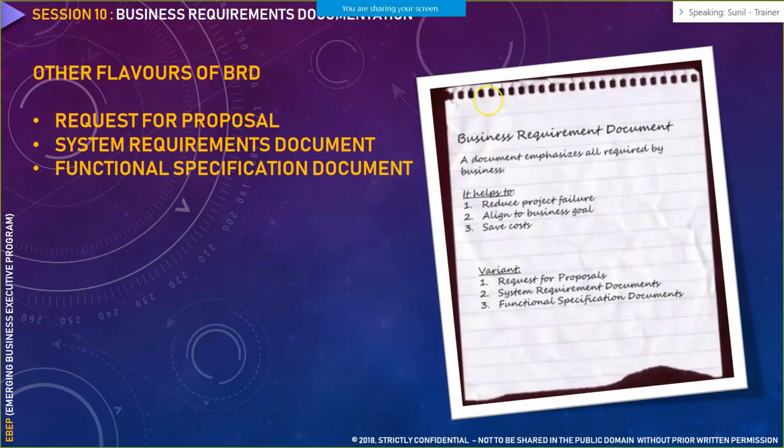So in some organizations, they would have these two different documents. In some organizations, they would include system requirements into the functional spec and have only one document, the functional specification document. And in some organizations, they would have the system requirement document and include the functional specification into it and have only one document, that is the system requirement document. It depends on the organization, how they maintain their requirements as two different documents or one document. It completely depends on the organization and their function.